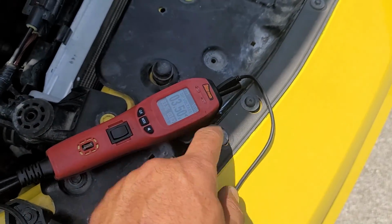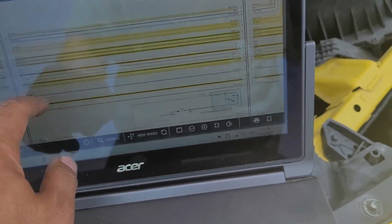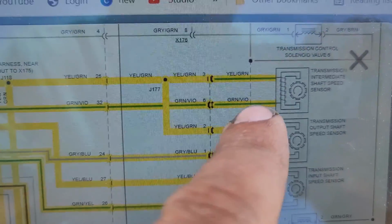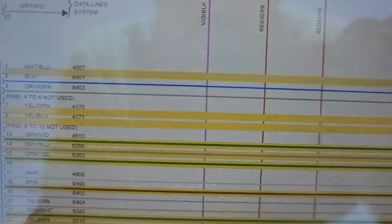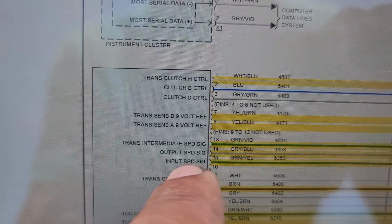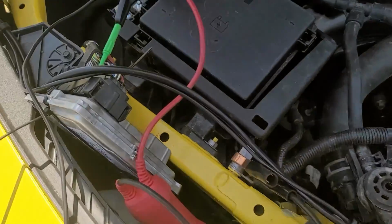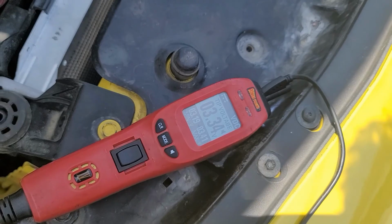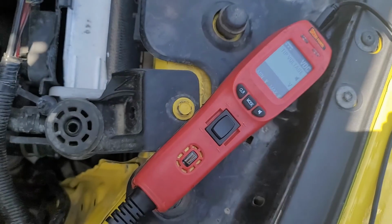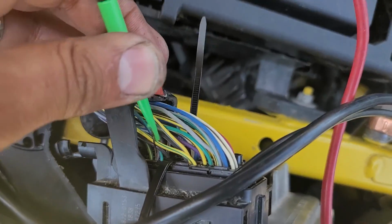We want to see if there is any change in this value. The other one, I mean, if we didn't have anything, that would be a bad indicator. The other one, gray and blue. SSP signal would be 14, one next to it. Gray and blue. And here we do have voltage 3.34. The one before, the green and violet, was 3.51, and this one, the gray